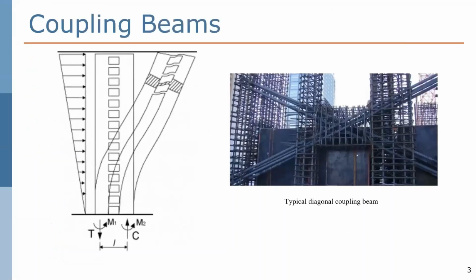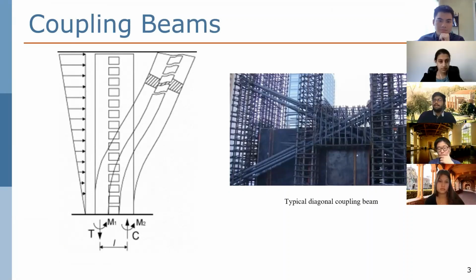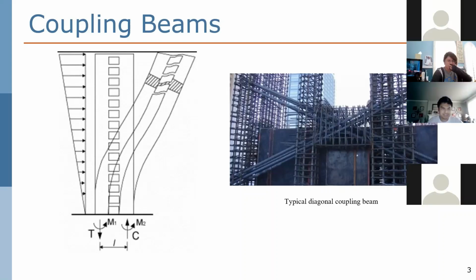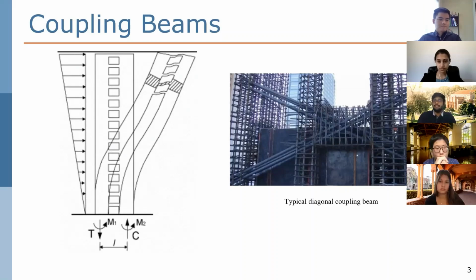So before we begin, just a review of what exactly is a coupling beam. A coupling beam is a lateral force resisting component of a structure. They're used effectively when two shear walls or any other elements that are used for withstanding lateral loads are combined. This subsequently decreases the overturning effect and improves the overall stiffness of the system. Therefore, the main function of a coupling beam is dissipation of energy and improving stiffness and strength of the lateral load system